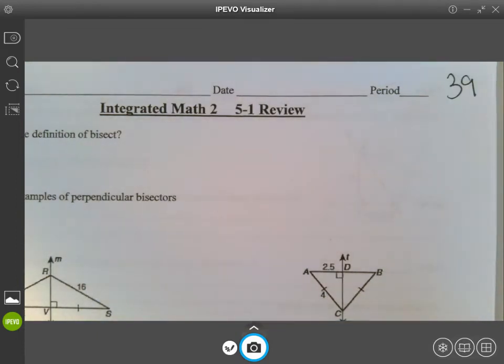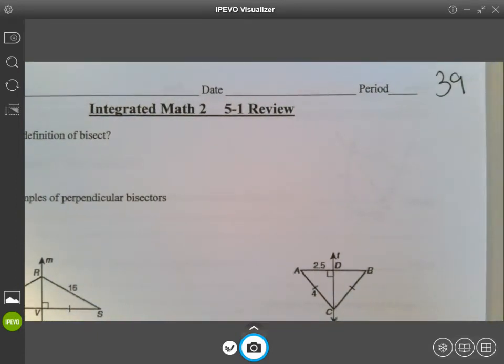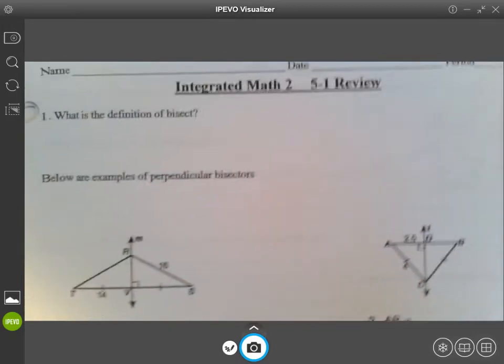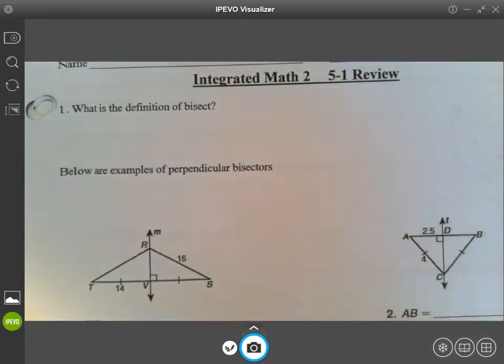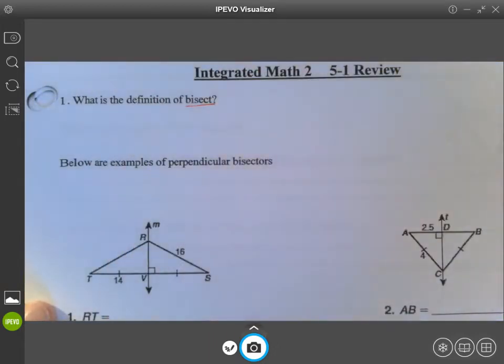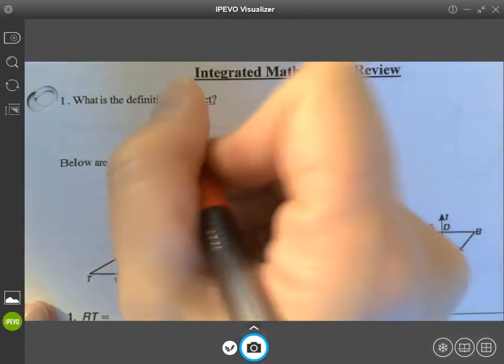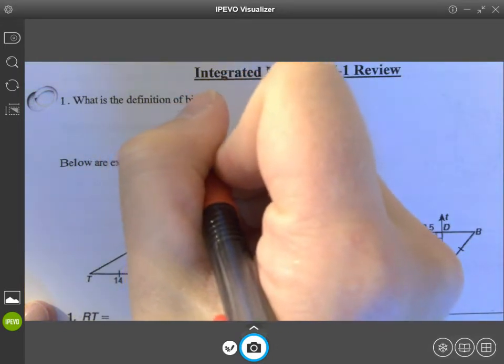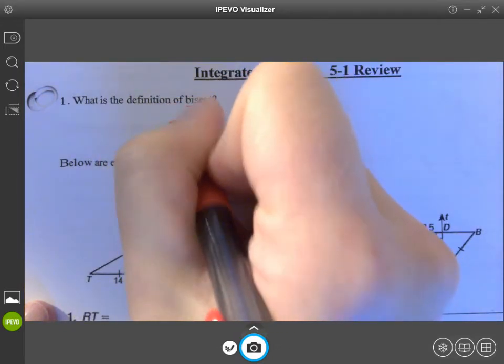All right, we're working on a 5-1 review. It's on page 39. And so the first thing is, what is the definition of bisect? And we also want to talk about perpendicular bisectors down here. So the definition of a bisect is basically, this is an unofficial definition. A bisector, something to bisect, splits